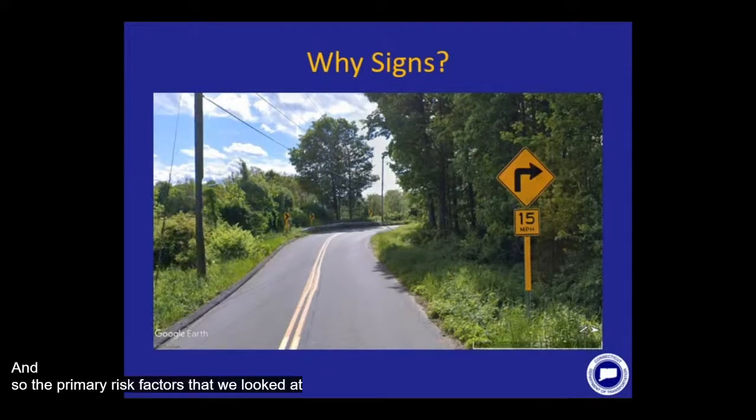And so the primary risk factor that we looked at is the advisory speed, which is the recommended speed a vehicle should travel to safely navigate a curve during dry pavement conditions. So this takes into account the curve geometry or the curve sharpness. And the larger the difference between the advisory speed and the speed limit, the greater the need for more signs. So what we do first is calculate a predicted advisory speed for that curve to see if it would be a viable location, and then we'll discuss how we measure the actual advisory speed a little bit later.